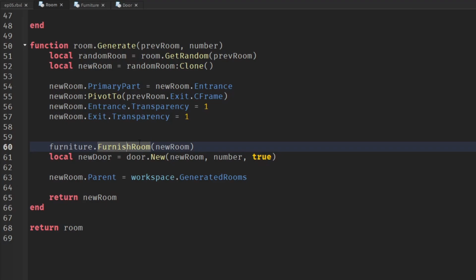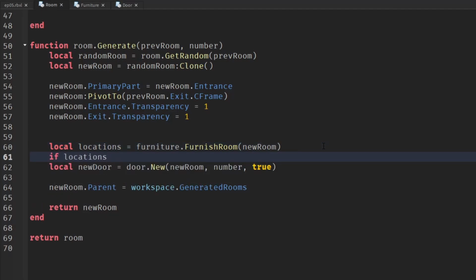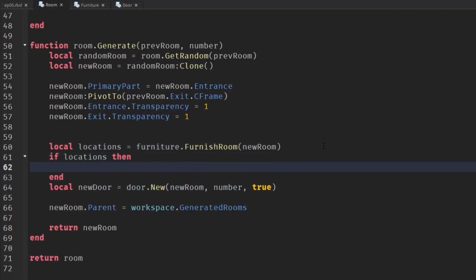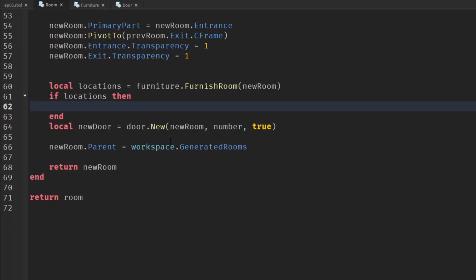So when we call furniture.furnishRoom, we now have some locations. So let's capture that. Local locations equals furniture.furnishRoom. And to test this, we can go and add in that key that we've just been playing about with. So if we have locations, then what we're going to do is first of all, we need to get a random one. So let's get a random number from the table. Local random equals